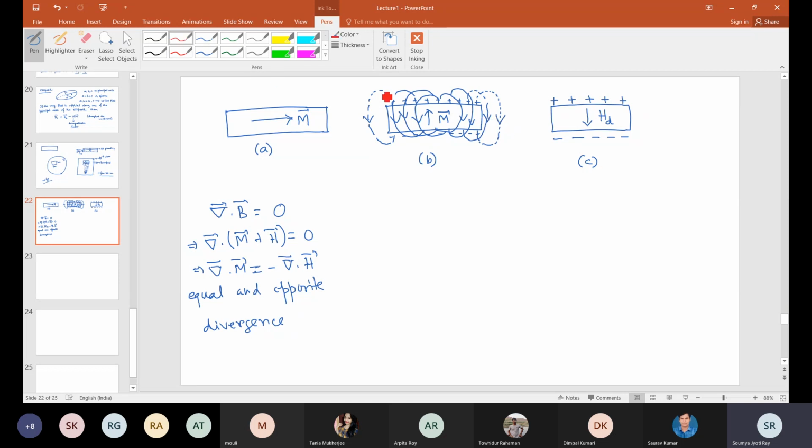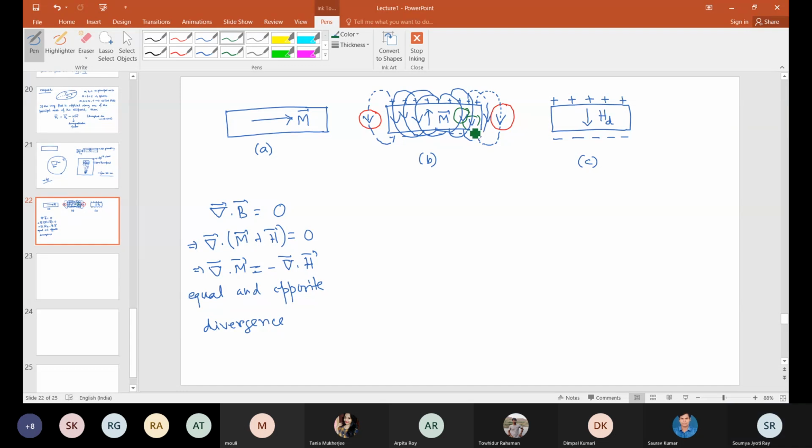Okay, let me use a different color. So this particular demagnetization field part is not affecting the sample, or this particular path is not coming through the sample. But if we think of this one or that one, then these return flux lines, this component of the demagnetization field, is coming inside the sample.